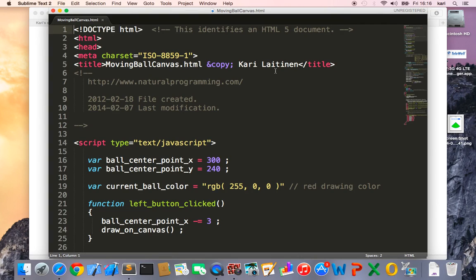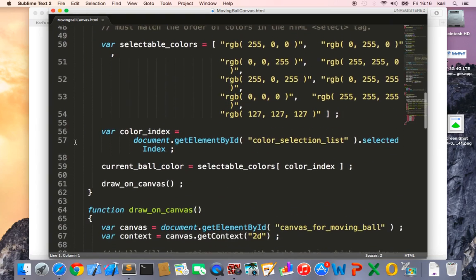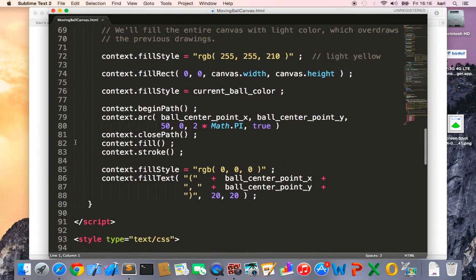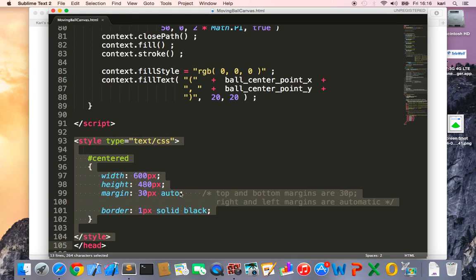So the page source code looks like this, and what we have here are the usual HTML things like the title, and we have the heading section, and then we have the JavaScript section. So this is the JavaScript section, and then we have the CSS style section here. So this is the CSS style section, or it is actually a style element there,